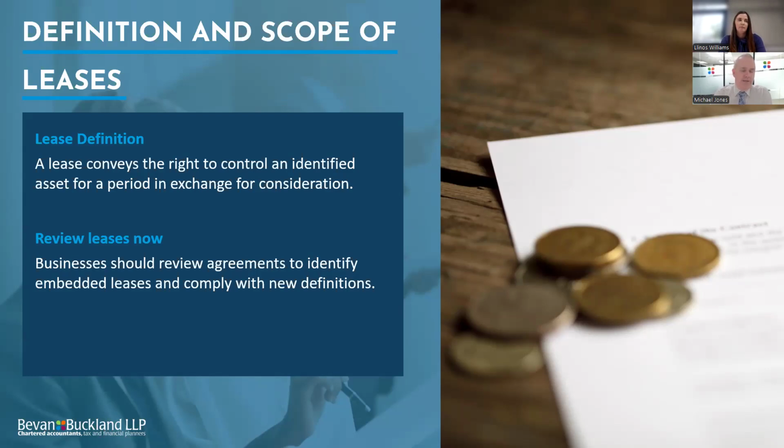One thing to also consider is that the lease itself may be more than just a lease for an asset. Quite commonly, we'll see rent for a building. Whilst you've got a rental agreement, it may also cover cleaning, service charge costs, and electricity as well. We'll have to break that lease cost down into what the asset element is and what the service charge element would be. So there'll be a little bit of work to identify what the leases are before we actually go into the accounting itself.